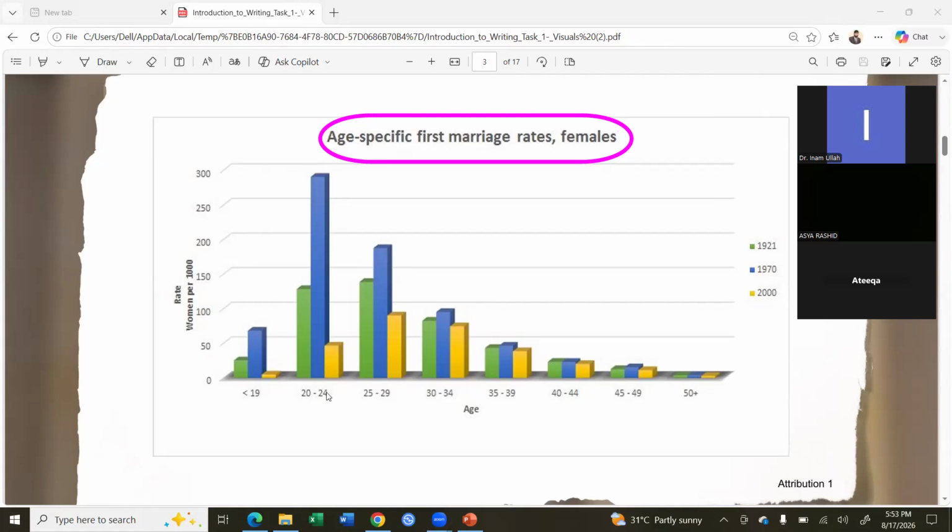ठीक है, फिर एज 20 और 24 के दरमियान जो खवातीन थी, फीमेल्स थी। ठीक है, अगर हम 1970s का डेटा देखें तो देयर लाइक आउट ऑफ 1000 फीमेल्स, अराउंड 270 और 280 फीमेल्स ने पहली दफा शादी की थी। They were into their first marriage. 1921 में अगर हम सेम एज ग्रुप देखें तो अराउंड 125 फीमेल्स पर 1000 शादीशुदा थी, पहली दफा उन्होंने शादी की थी।